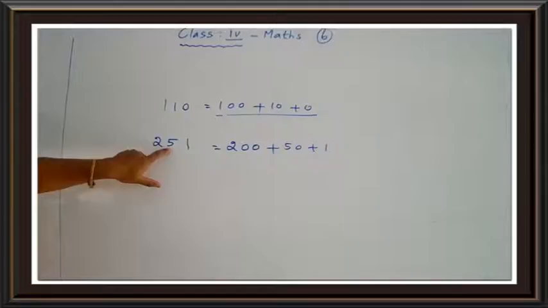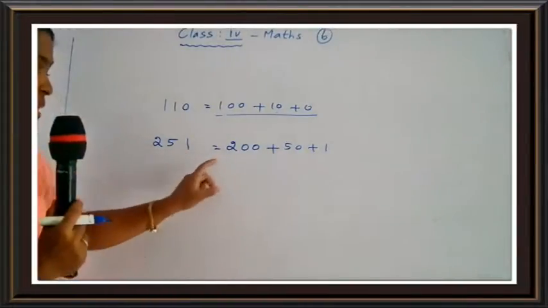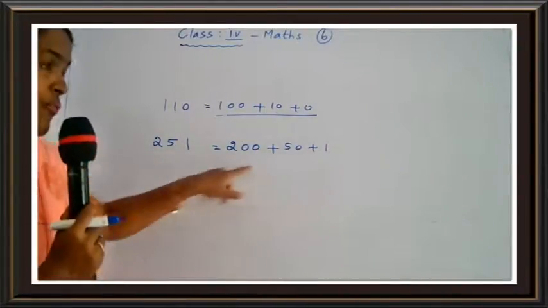place value of 1? 1 ones. So when we write a number as a sum of the place values of its digits, that is the expanded form, okay children. So that's why 251